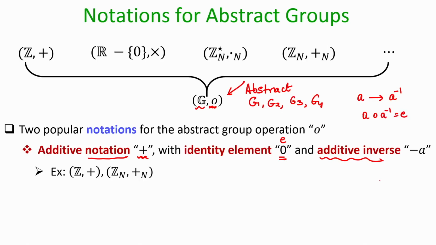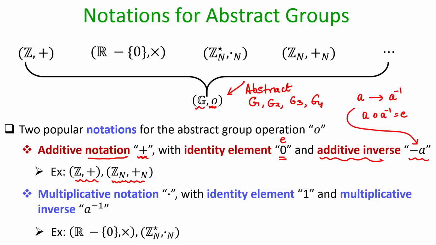So, what I am saying here is that if I am following the additive notation, then sometimes for convenience I may use minus A for representing the additive inverse, namely minus A is the representation for that group element which when operated with A will give you the identity element E. Examples of groups which come under the umbrella of additive notation are these groups. You can recall that the set of integers with the operation plus was actually an additive group. The set of integers modulo n along with the operation addition modulo n also comes under the umbrella of additive groups and so on.